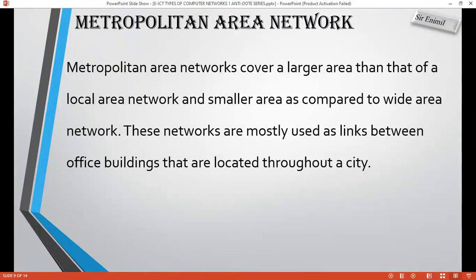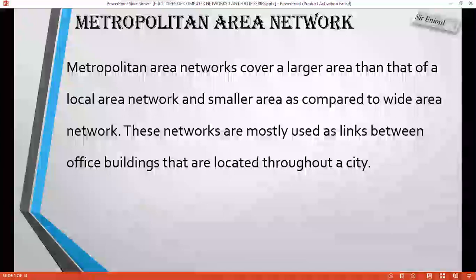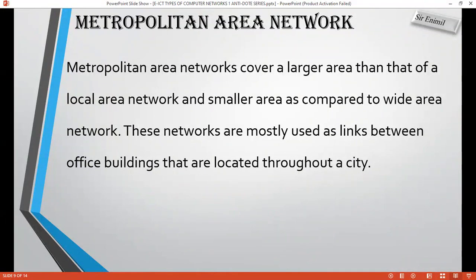So you decided to what? Build another one in the same city or town, but at a different place. To be able to work on one particular data and then put all your data together at the end of the day, for them to be in sync, it means that you have to create a metropolitan area network for them. So once that is done, you can have what? One central server where all machines and everything is connected, and all information is picked from.